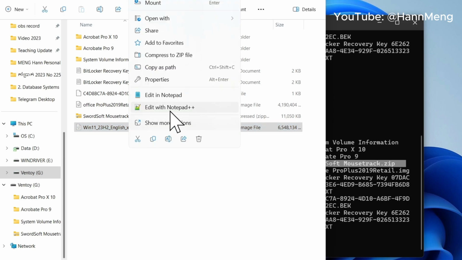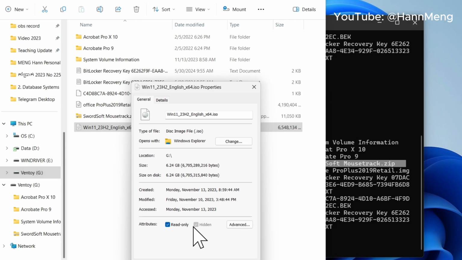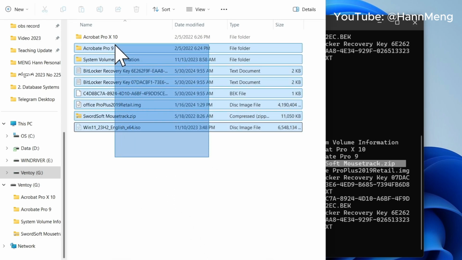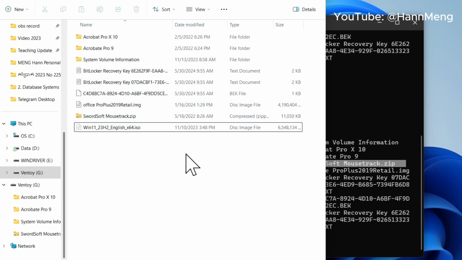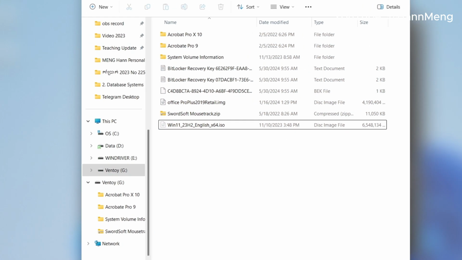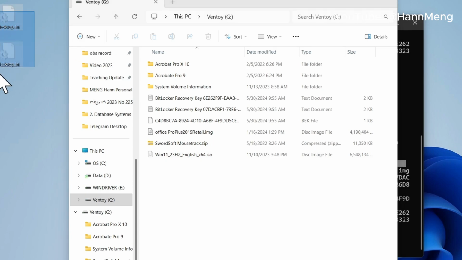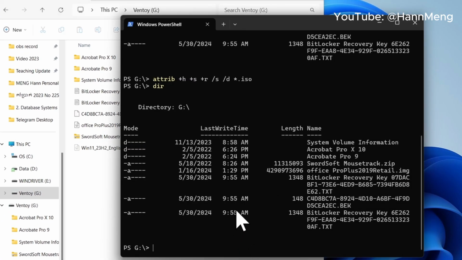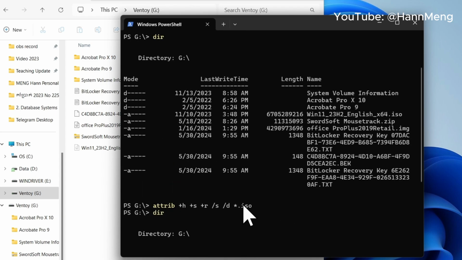If we right click Properties, boom, it's read-only and hidden. But we can still see it because we show the system files. And when we show system files, this hidden window property comes up, but don't worry about it. So I hope you learned something, how you can